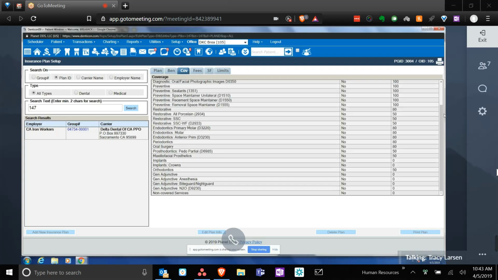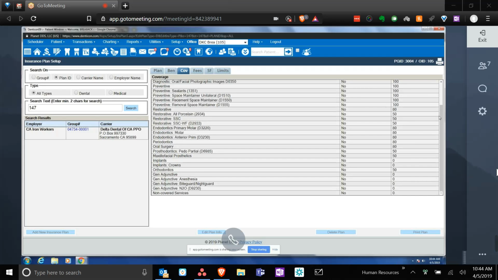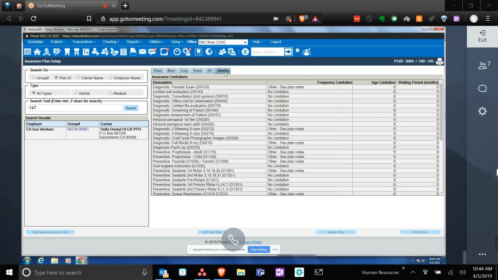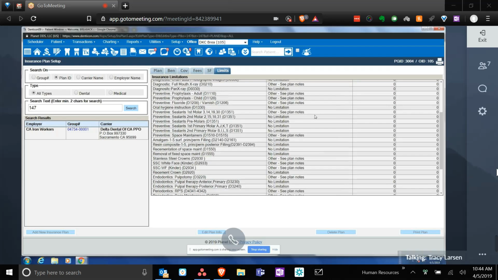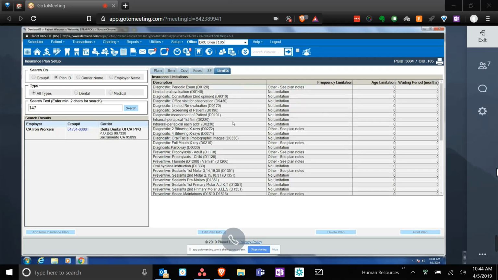So they're going to have to meet that deductible before insurance will start kicking in based on this plan. It also tells you what percentages are covered. Now, the other one that we care about clinically is the limits tab. So if you go to the last tab, which says limits, this is where you'll be able to see if, now this plan has a bunch of things that say no limits, but most of the time these would say